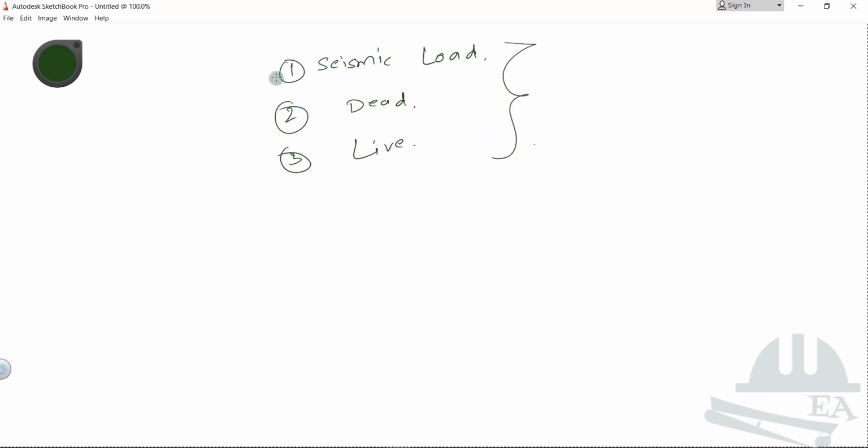The first load that you have to always apply is the seismic load. You cannot apply the seismic load after the dead and live. If you do that, you will see the error in the analysis. Let us do that. And as I've already told you, while applying the seismic load, we calculate the base